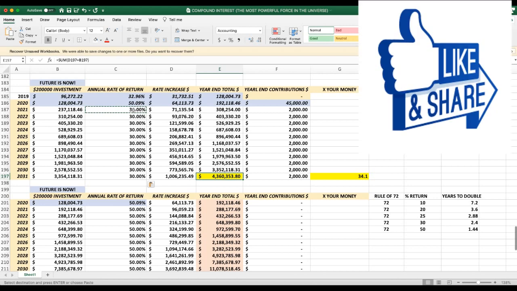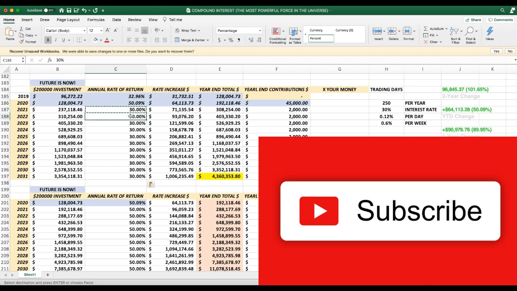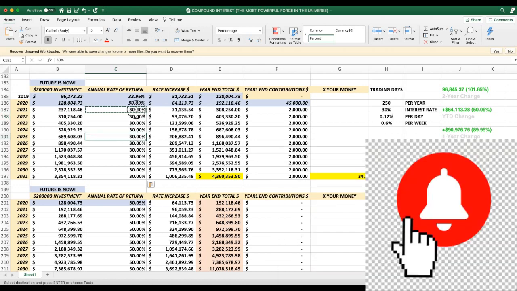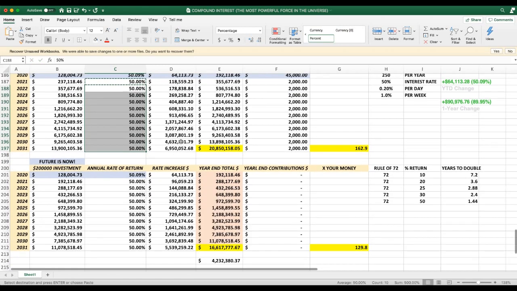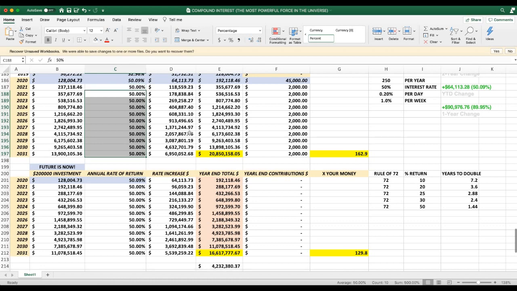So I'm going to try for 30, I'm going to try for 50, but if I hit 30, I'm not going to be bent out of shape, going crazy, trying to leverage things and do crazy stuff. I'm going to try to consistently hit that 30% per year minimum, to get to that 4 million. But obviously, if you hit 50% per year, you can see the difference. It's a huge difference. So you want to do the best you can, and you will see that money grow. That is the power of compounding.